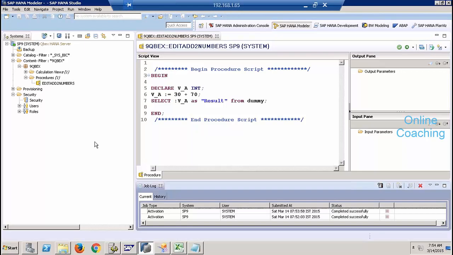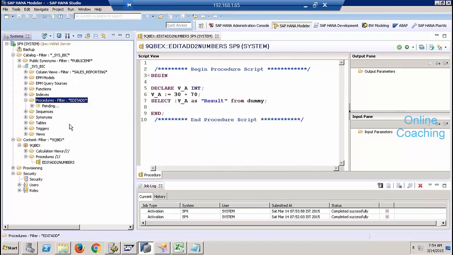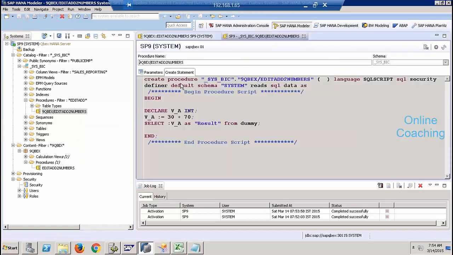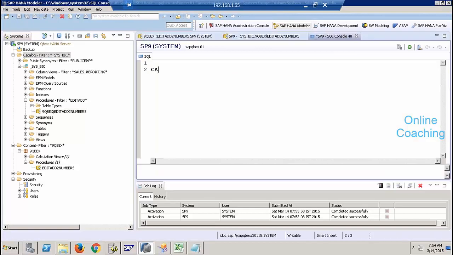When I redeploy, again it changes the existing procedure definition, the runtime definition. It becomes now 30 and 70. And if I call this procedure, saying call,